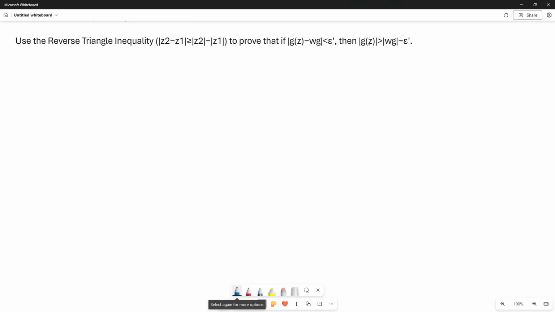In part D of the theorem above, we were using the fact that the limit as z goes to z0 of g of z is equal to wg, which in turn means that we can make the modulus of g of z minus wg less than any number epsilon prime here. And then we wanted to rearrange this inequality to say that this means that g of z is bigger than wg